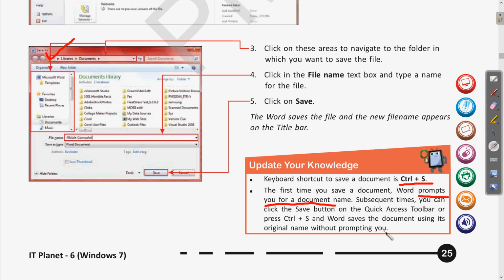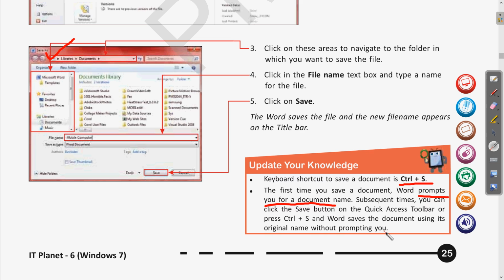Is it clear? So if you are saving the file for the first time, then it asks for the name. But if you have saved it for once and you have modified something in that, if you have written some extra paragraph, if you have changed the color, something, clear?